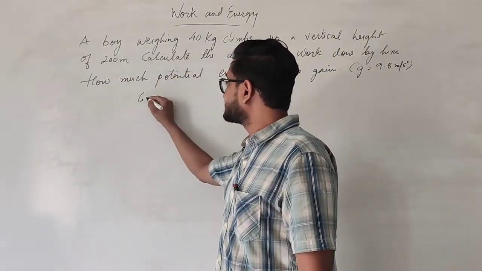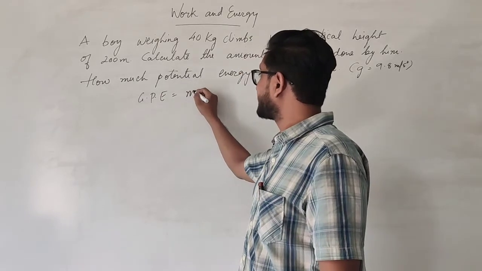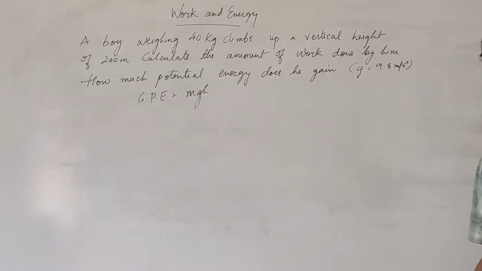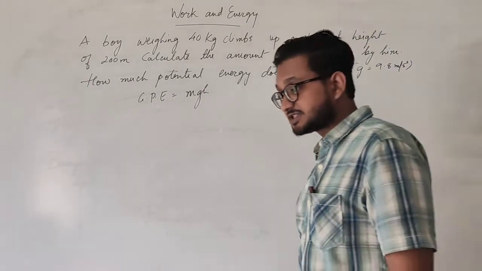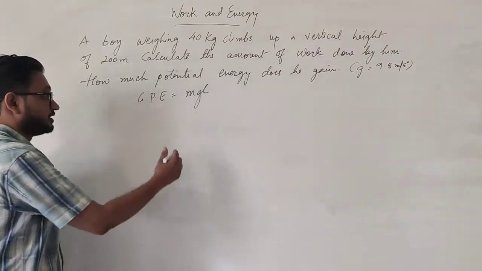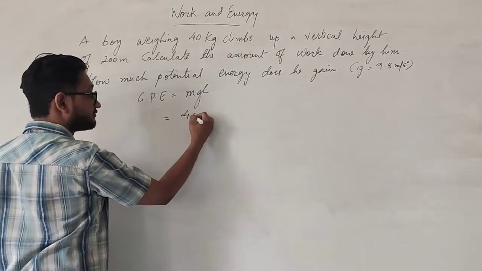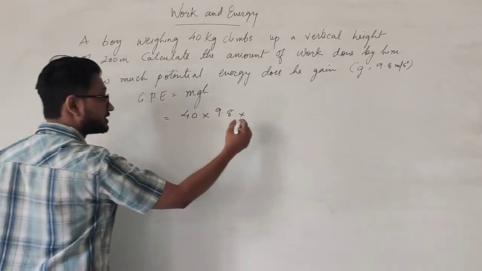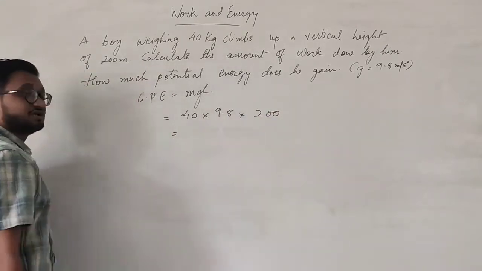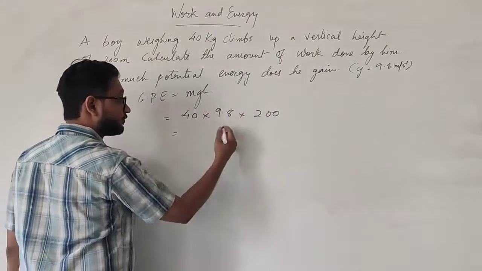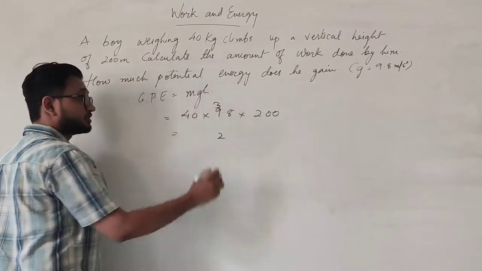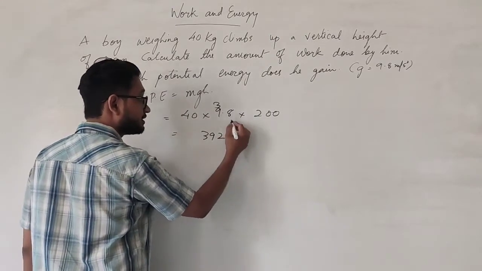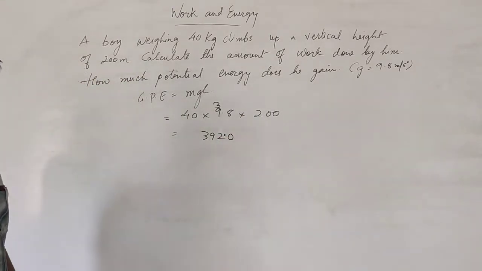Simple. So gravitational potential energy once again is mgh. You have been given the height, you have been given the mass of the boy, and you know the value of g, which is given as 9.8 meters per second square. So simple. Mass of the boy is 40 kilograms, g is 9.8 and height is given as 200 meters. So all you need to do is multiply this. Okay? 4 times 8 is 32, 4 times 9 is 36 plus 3 is 39, 392, and 1 decimal point, so it becomes 392 multiplied by 200.